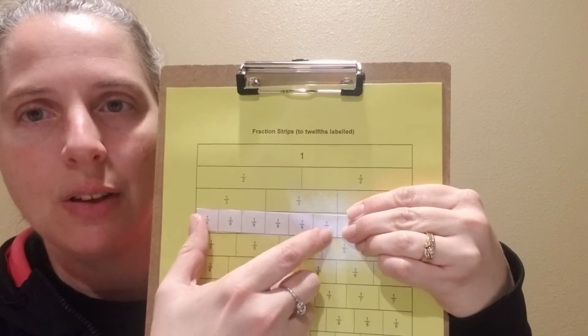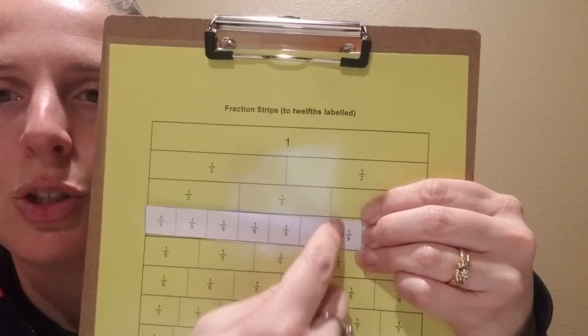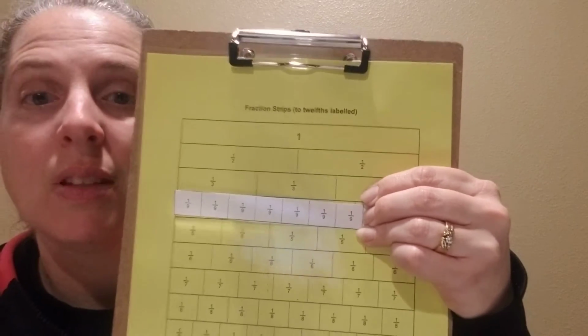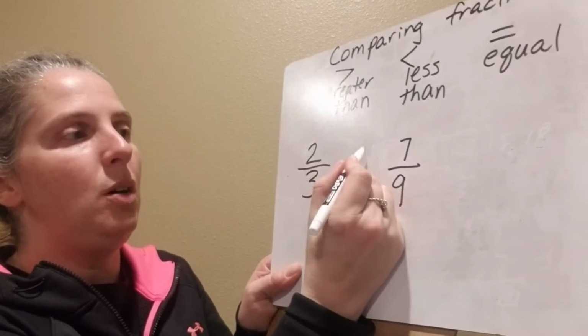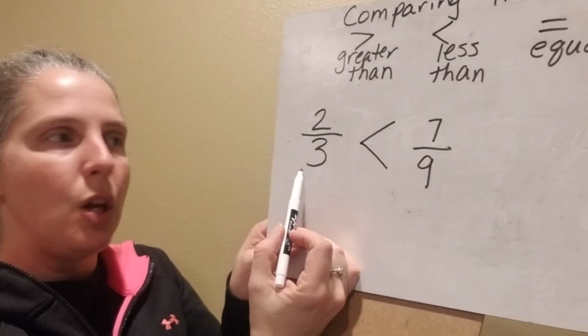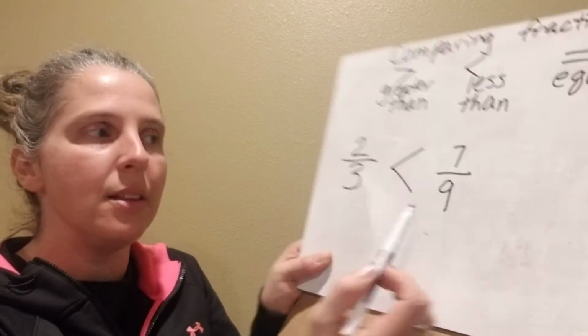Okay, but we have to go to 7. So there's 6, 7. Here's 7/9. What's larger, 7/9 or 2/3? 7/9. Write that symbol in there to make yours equal. So this is 2/3 is less than 7/9. Good. Well, in order to figure it out